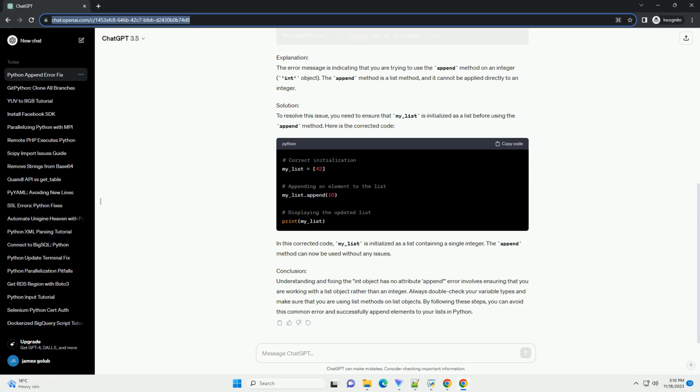Example scenario. Let's consider a common scenario where this error might occur. In this example, we have an integer number with a value of 42. When we try to use the append method on it, Python raises an attribute error because integers do not have an append attribute. Solution. To resolve this error, ensure that you are applying the append method to a list, not